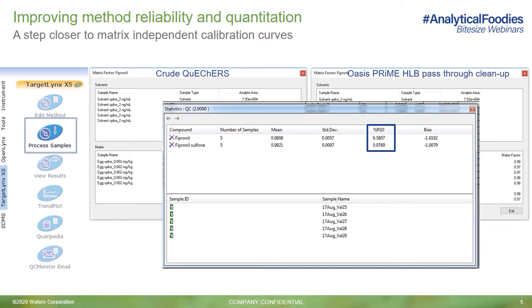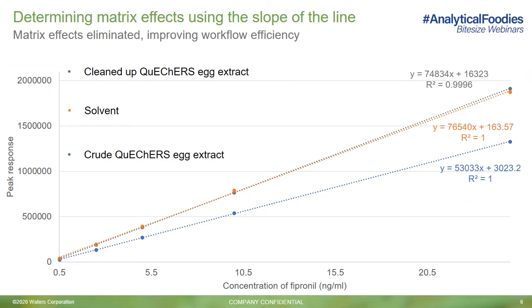These same results are reported within the statistics tool in TargetLynx, where the performance for the multiple analytes can be viewed in a single screen. Similar elimination of effects are observed for the slope of the line approach, used to determine matrix effects, as we see here in this overlay across the working concentration range. Of course, it's not just the method's reliability and system uptime that's improved by removing these effects. But as we can see with this calibration overlay, we may consider quantitation against a solvent-based curve, which may save additional time and cost of consumables during sample preparation.